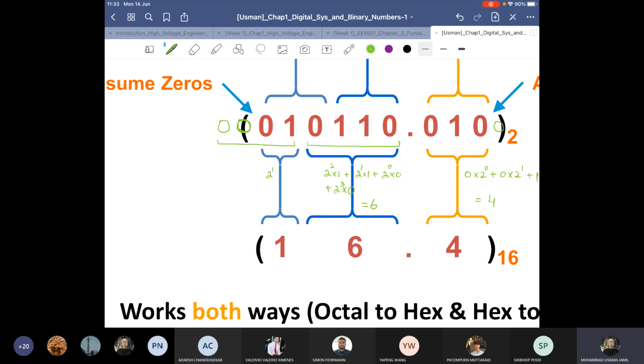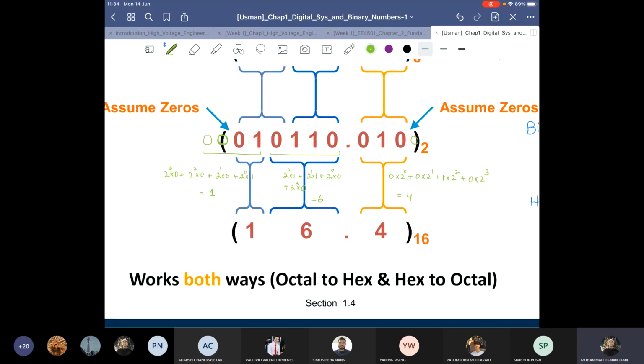Similarly for this one, 2 power 0 into 1, 2 power 1 into 0, 2 power 2 into 0, 2 power 3 into 0, which is equal to 1. So the number is 16.4, which is a hexa number, base 16.